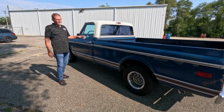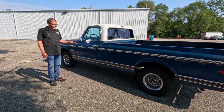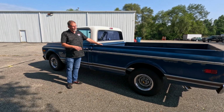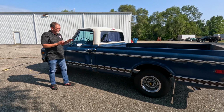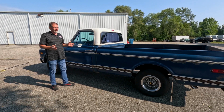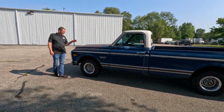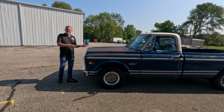So this truck comes to us actually a very highly original truck. It's just been well maintained, kind of preserved, but as you're going to see in the video and if you look at the photo shoot, this truck has a lot of original paint. Actually, I think it's all original paint. I don't see any signs of any metal work done to this truck. It's all original steel. Original interior for the most part. There's a couple little new bits that we'll show, but it's got a lot of really cool original patina,